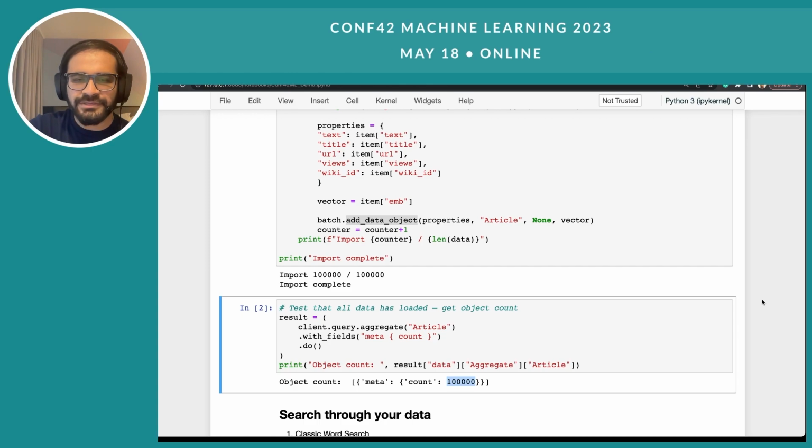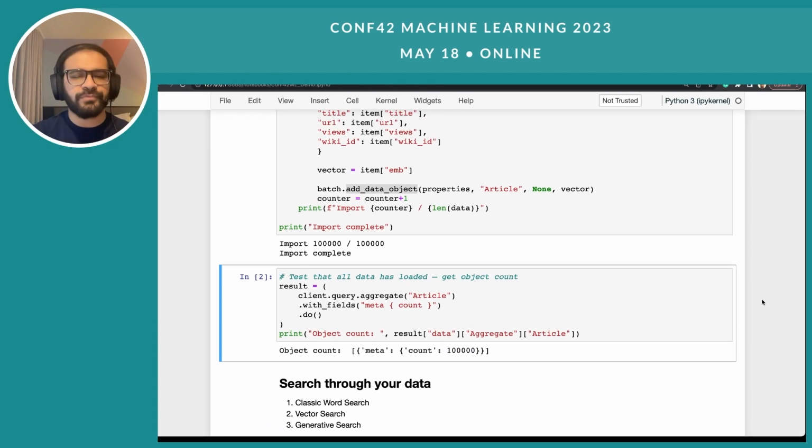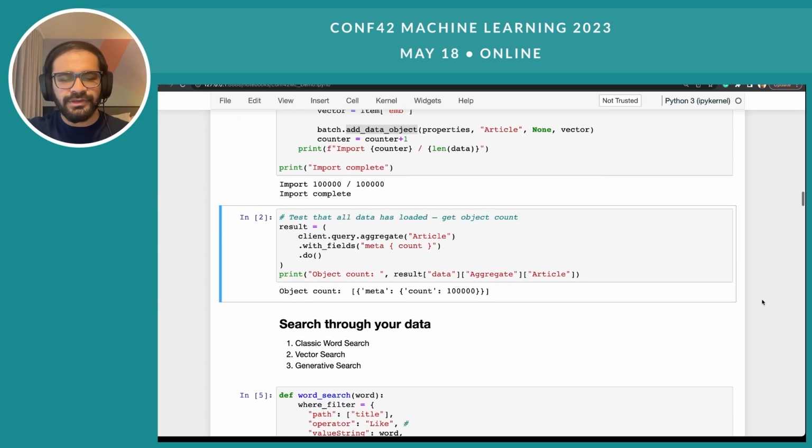So now that all of our data is in there, I want to go through and show you 3 different ways that you can search over your data. And I'm going to start off with the way that I started this talk, with classic word search. Right? So this is